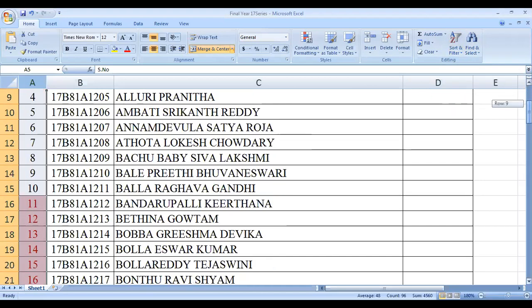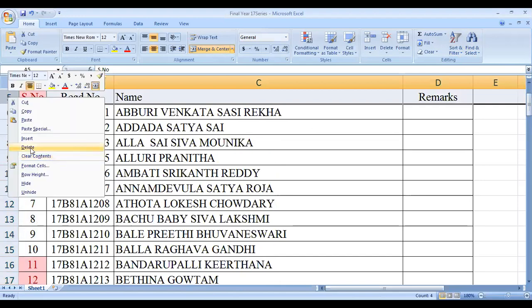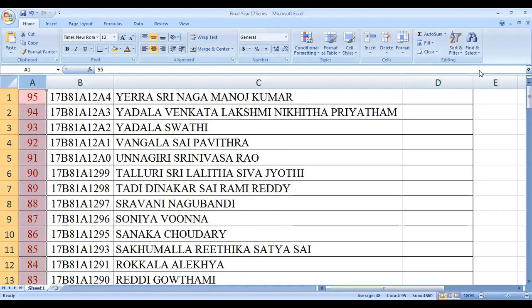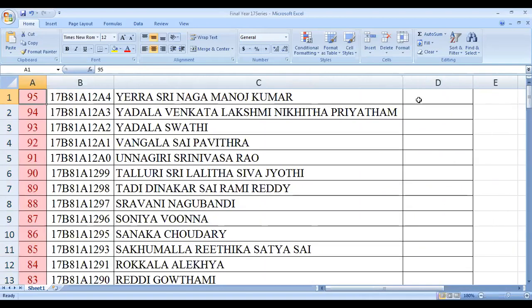I think some extra columns are there, that's why. So now I can see what is going to happen from 95 to 94. Everything in the data is going to be rearranged also. For example, I consider this a key. Through this key, every data in that particular 95 details, for example, here we have only register number and name. Even if we have some other details available, they are also automatically changed.